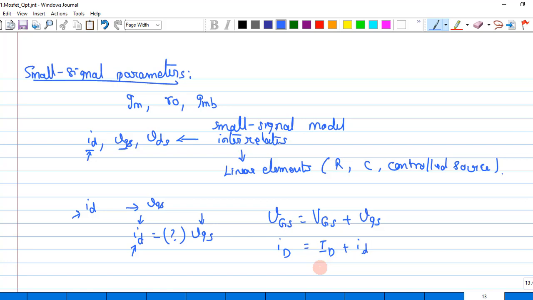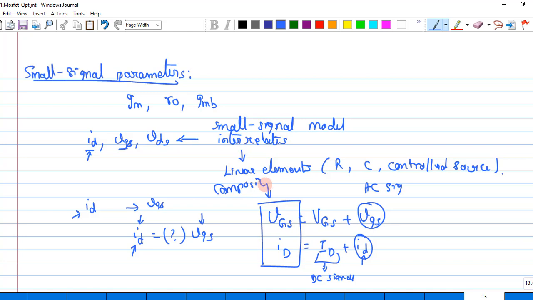Whatever changes are happening is what we are representing across this AC signal. Okay, so generally what I have here is the AC signal, and these other terms are nothing but the DC values or the DC signals. I call this entire term the composite signal. Let me try to write the functional dependence of the total drain current